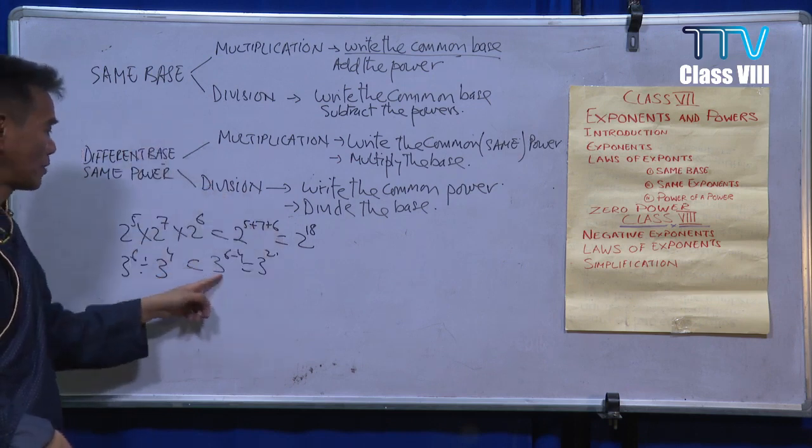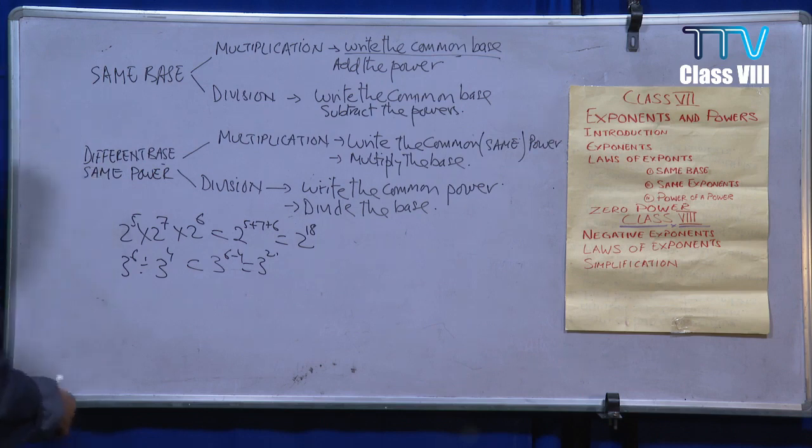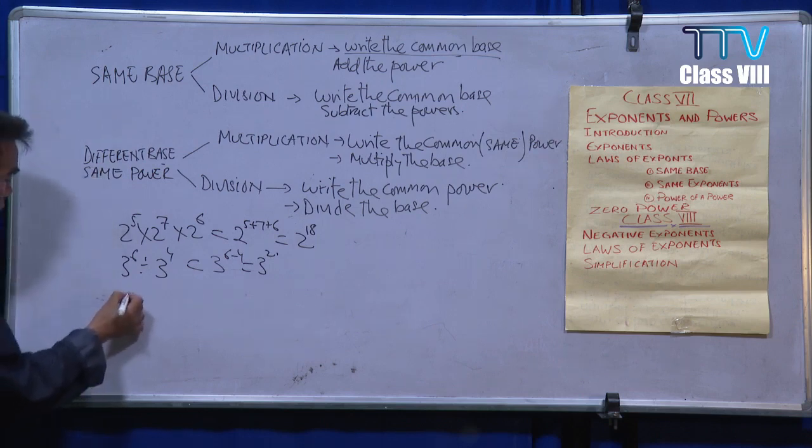In division, write the common base and subtract the powers. With different bases and the same power, take this: 8 raised to power 5